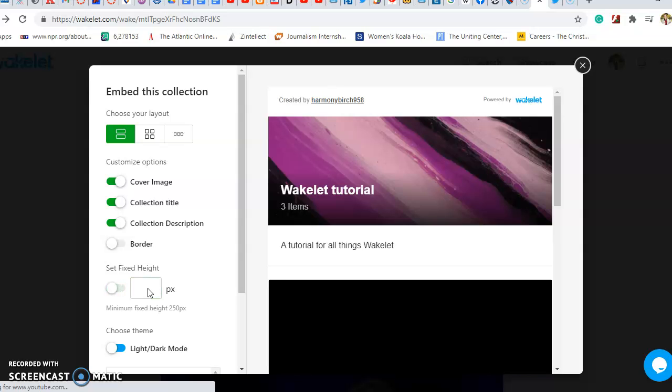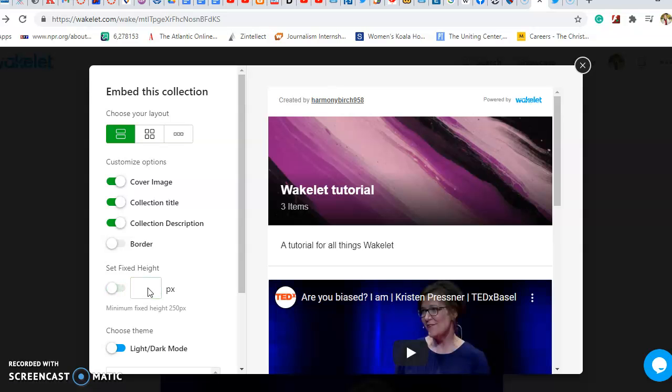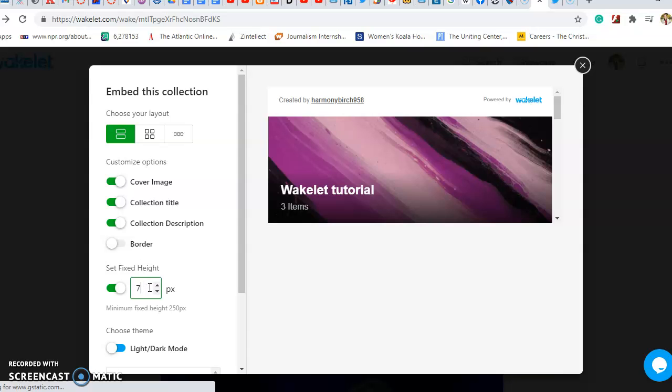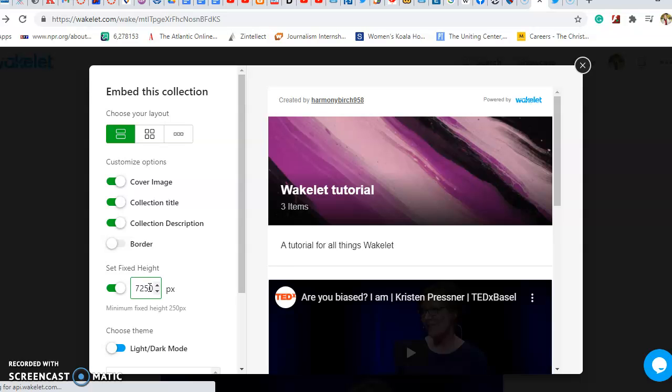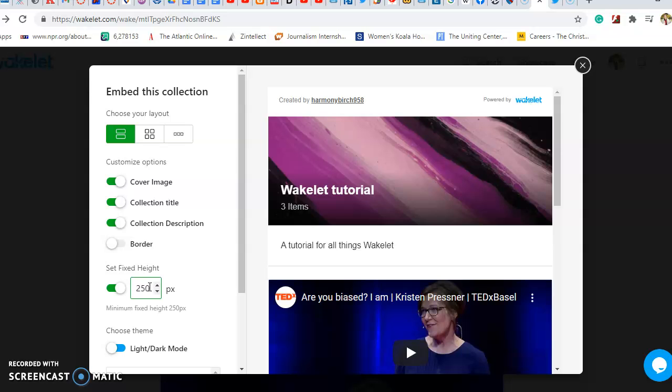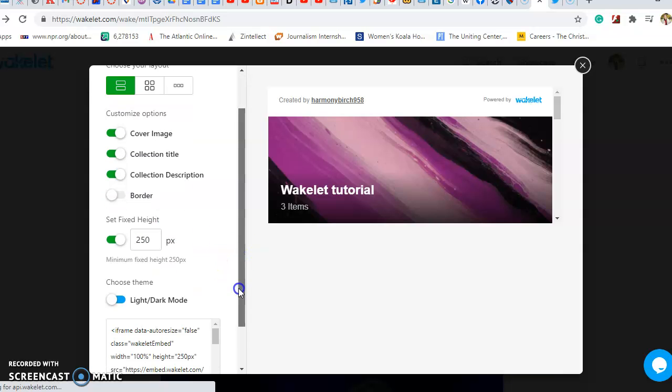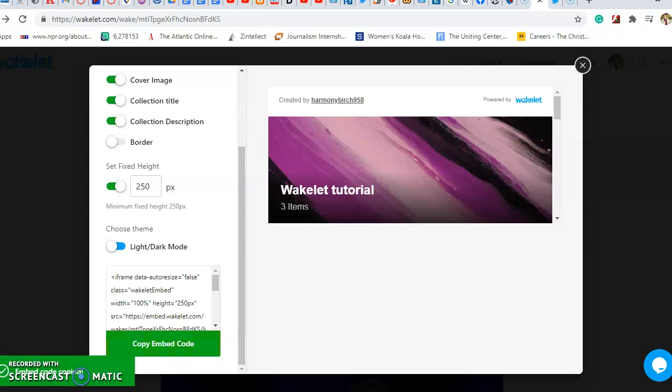250 is the minimum we can do, so 250. Oh, it's not letting me. Alright, so let's try. There we go. And then I'm going to copy this embed code and go over to my LibGuide over here